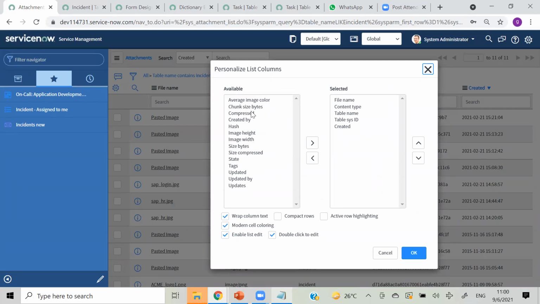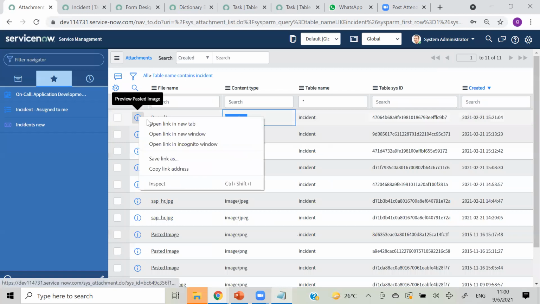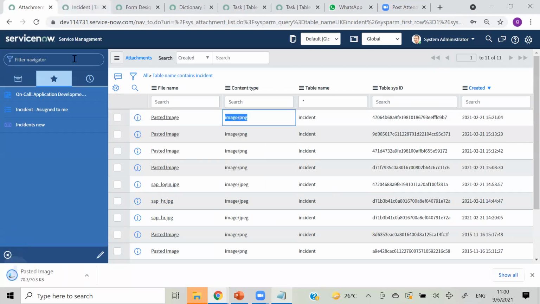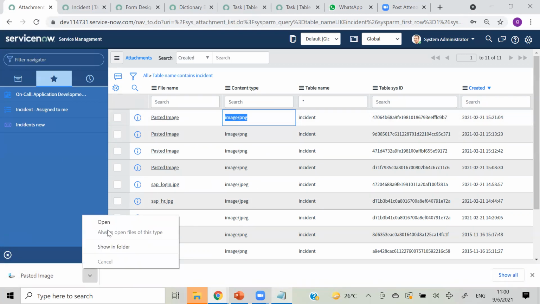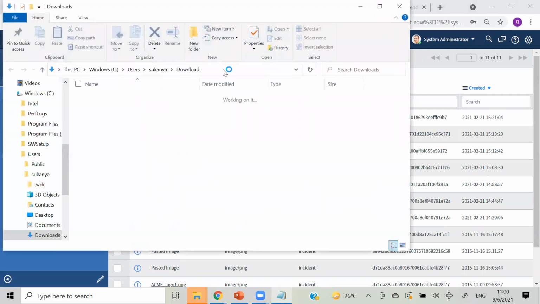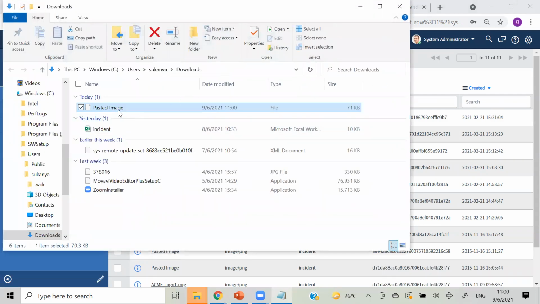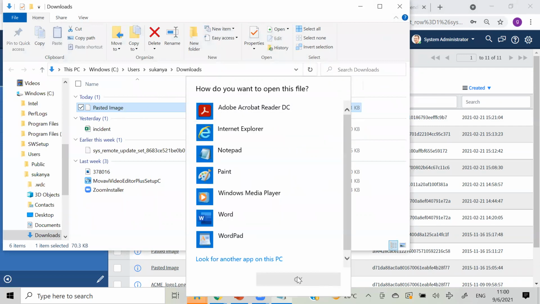Image height, all the things. When I am opening this, you can see it is downloading an image. It is some file, I guess, because I don't have that type of opener. It is not allowing me to open.